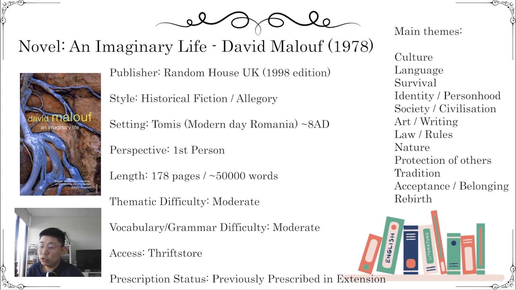So it's a novel about individuality and culture. It's a novel about taking care of someone else and being taken care of yourself. Honestly, it feels like it's been perfectly made for this text and human experiences module. There are some lines in this novel that can just be taken straight away and added to an essay, and it's just such a clear assertion of what it means to be a human. It presents all of these different arguments about what humanity is. It just works so well for this module.